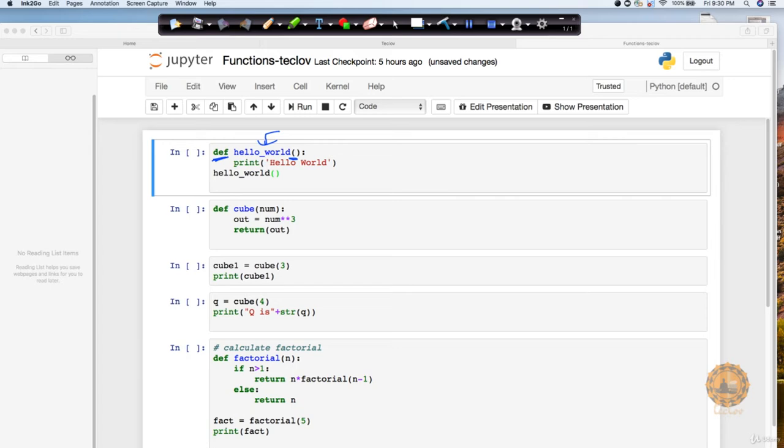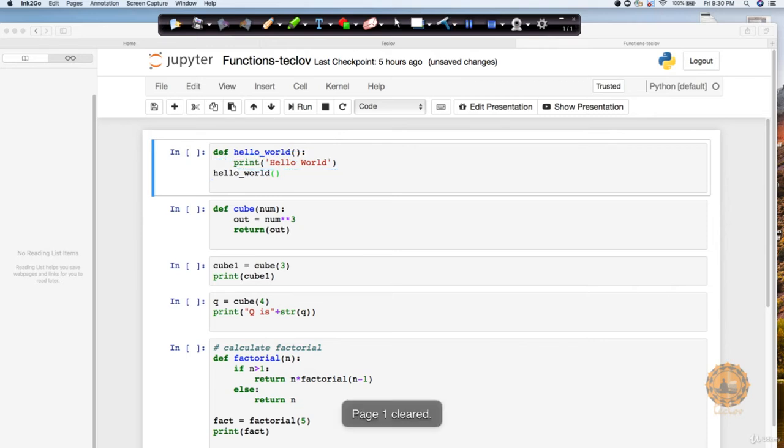Now, as soon as you say print hello world, remember the indentation again, which we have also learned in the if else chapter. Here we are indenting with 4 spaces or a tab, and then we say print hello world. This means this part of the code is part of the hello world block. Now again I change my indentation back to the start, which means we are out of this function. We are no more inside this function. Now with hello world, we are calling this particular function. So this is what is happening.